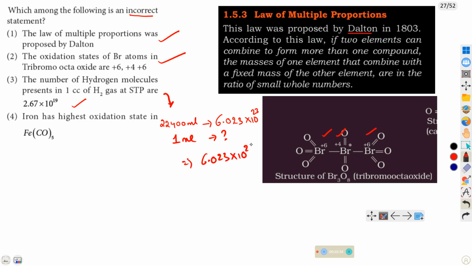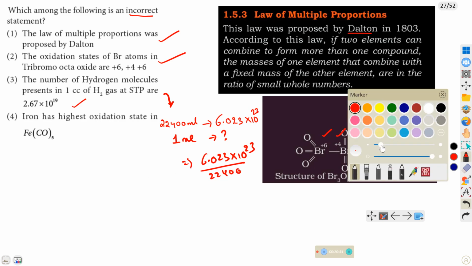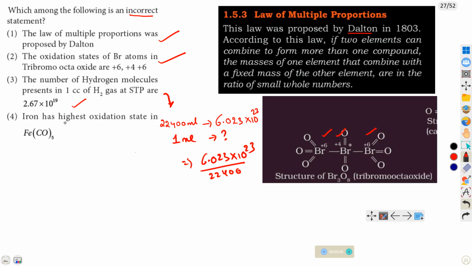6.023 × 10^23 divided by 22,400. You will get the same answer. Next, iron has highest oxidation state in Fe(CO)5. This is wrong because